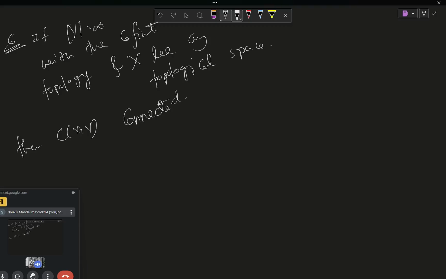Okay, so we have done one problem, namely, C(X,Y) connected implies Y connected. This is the converse. So first of all, the converse is not true in general. If Y is infinite with the cofinite topology, then C(X,Y) will be connected. Okay, and of course Y with the cofinite topology is itself connected. Understand? So this is a partial truth about the converse of the problem. Okay, so now,